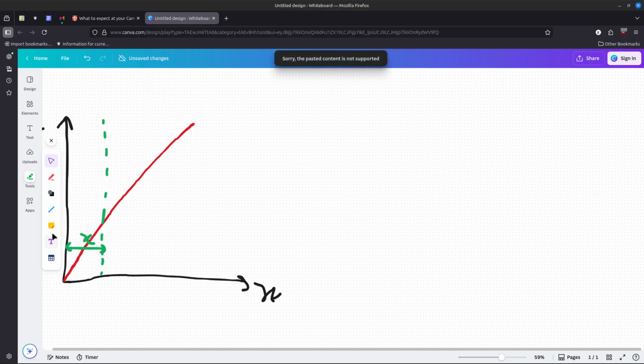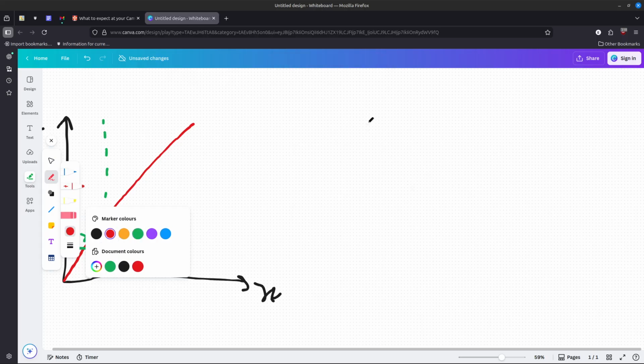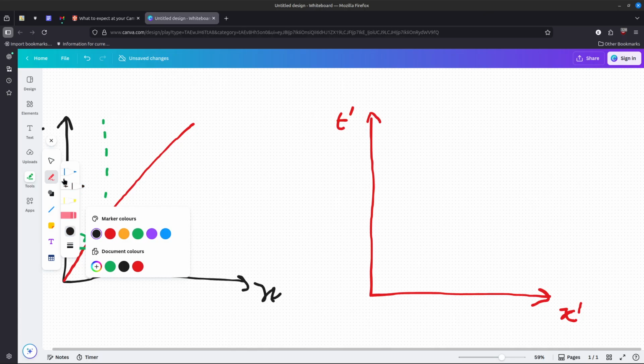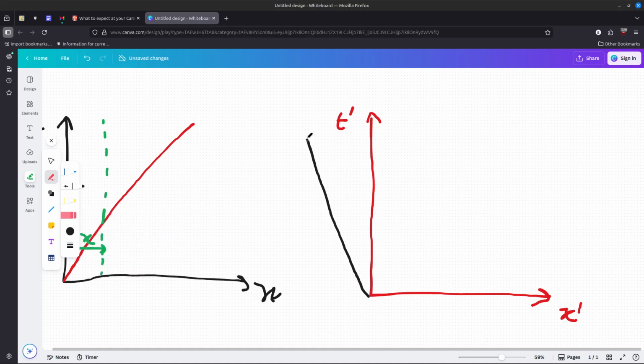So we can then draw a new graph for the person in the car, which looks like this. And we'll call their time t prime and their space x prime. To them, they are stationary, and the person who was measuring this frame on the road will be moving backwards, and the traffic light that was at a nice constant distance of x will now be moving backwards towards them,